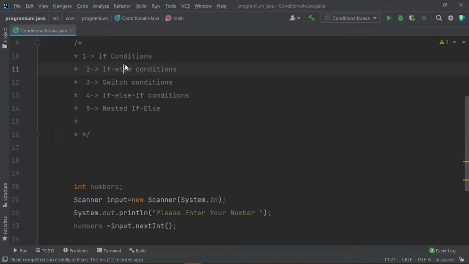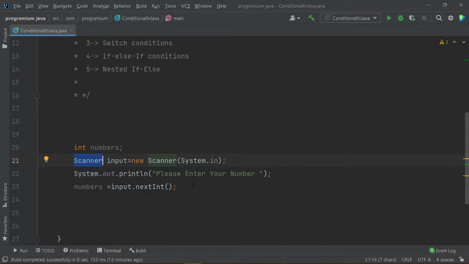So now we will see first what these if conditions are. You can see that here we created a variable by the name of number and prompted the user to enter your number, and after that we stored that number in the number variable. So what now?